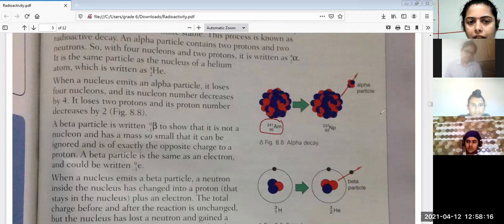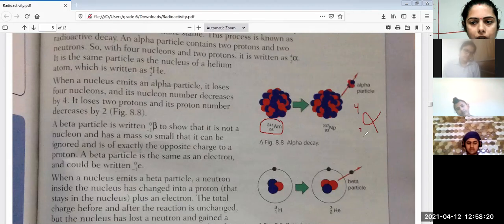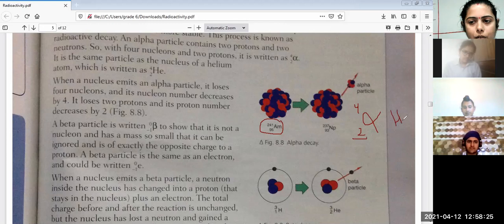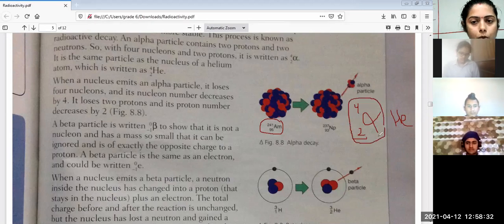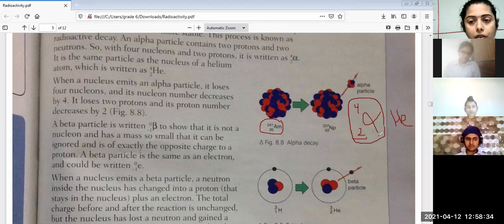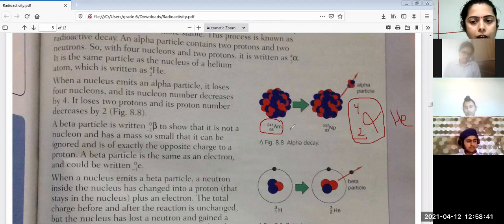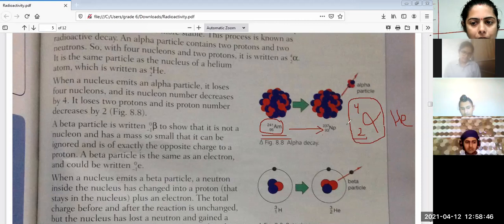Alpha decay means there will be alpha 4 2. 2 atomic number होगा which is same as that of helium. Helium का atomic number कितना होता है? 2 होता है. Fine. So alpha decay is almost the same as that of helium atom. मतलब उतना mass का atom it will be removed during the alpha decay. Now this is the atom given to you which will go with the alpha decay. So it gives rise to some atom plus there will be alpha.